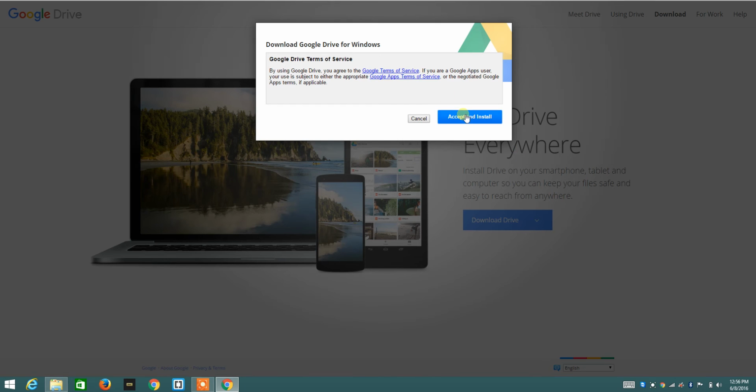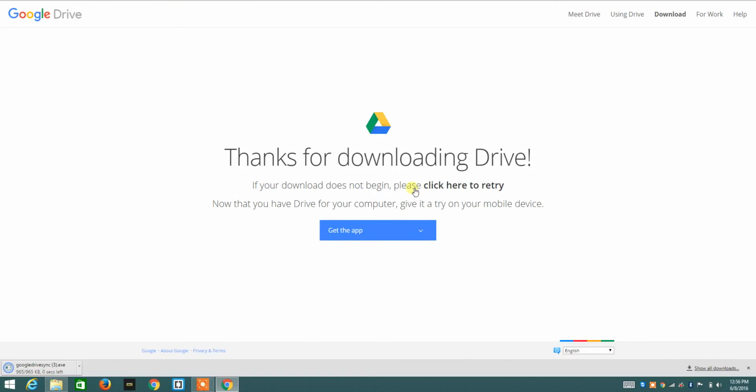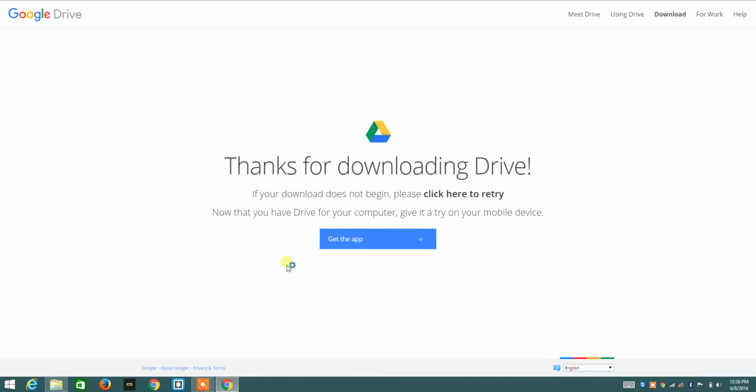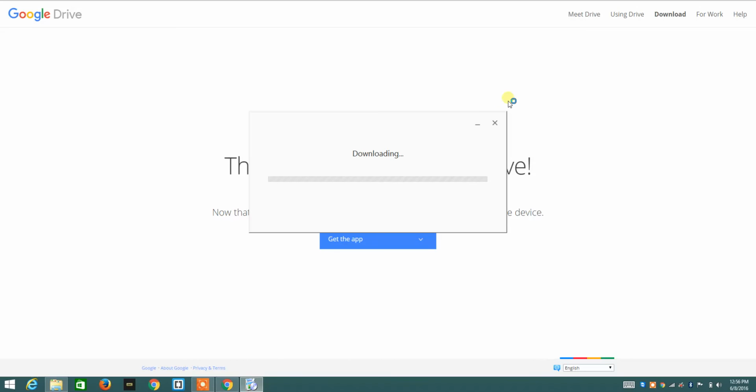You'll be asked to accept the Google Drive Terms of Service and install. And there we see it's telling us thank you for downloading, and we saw the execution file begin downloading here, so we can go ahead and open that when it is finished. Give it a minute here. And there we go. We can see that the download and installation is occurring. And installation complete. Upon closing this window,